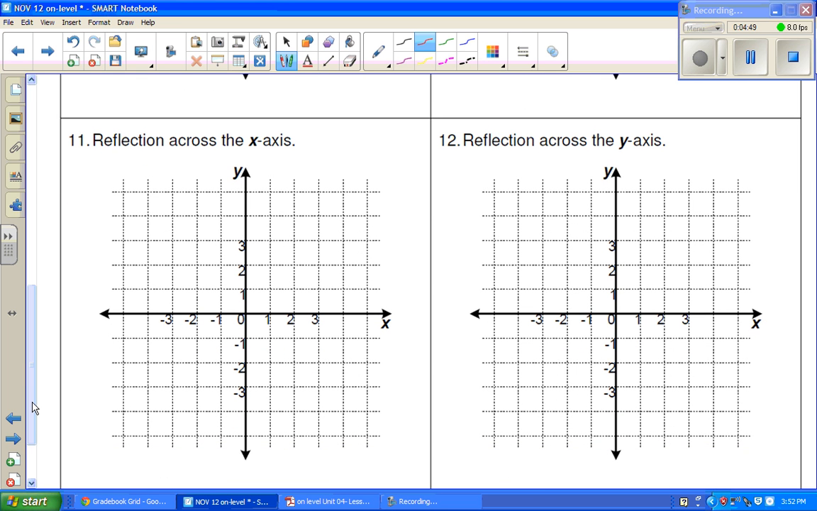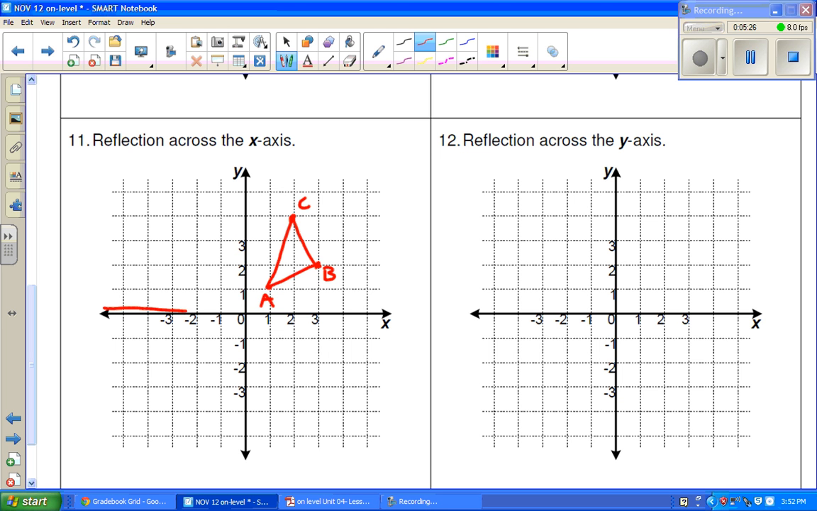So, take a look at number 11. We're going to do a reflection. We're going to plot the same points again that we did in the beginning up top. So A is 1, 1. B is 3, 2. Across the x-axis, we have to look at our vertices, A, B, and C, and we're going to reflect